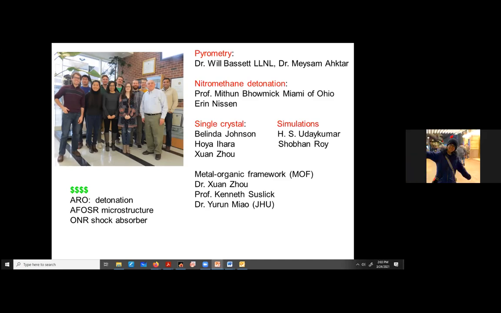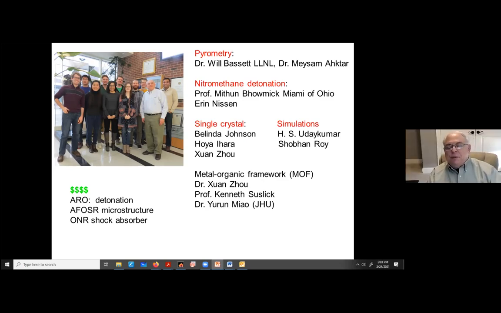So we can use something like an STM tip to make a particular spot, like crack the crystal at that particular position, and we can think that, okay, that's where the hotspot is going to be for sure. Yeah, I'm worried the STM tip is too small.